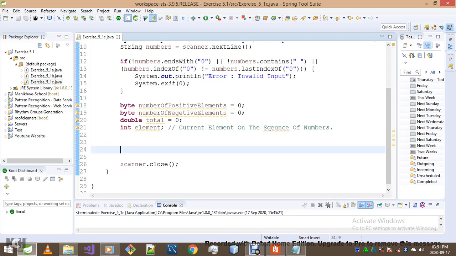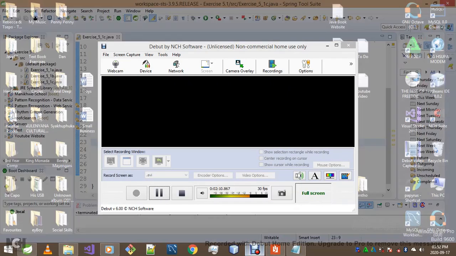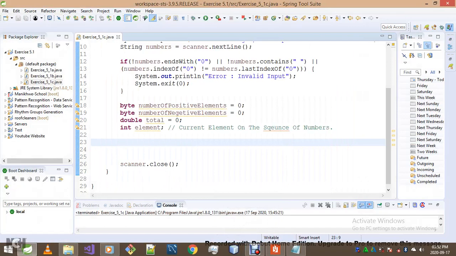I want to use a scanner this time around to read through my sequence. So how am I going to go about doing that? Okay, you're going to have to check this out. I'll create a scanner. This scanner isn't like what we had before. It's a Scanner, and I'm going to name this one numbersReader, because it will read